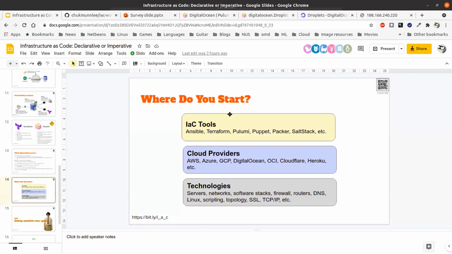So the way to learn this, if you really want to get into IAC, personally, you should start with technologies. One of the main things you should do is learn Linux and scripting. These are probably the two most valuable skills that you will ever have. Of course, the rest are important, such as networks and stuff like that. But a lot of these are just Linux, because IAC tools, especially like what you saw me do just now, is essentially Linux administration.